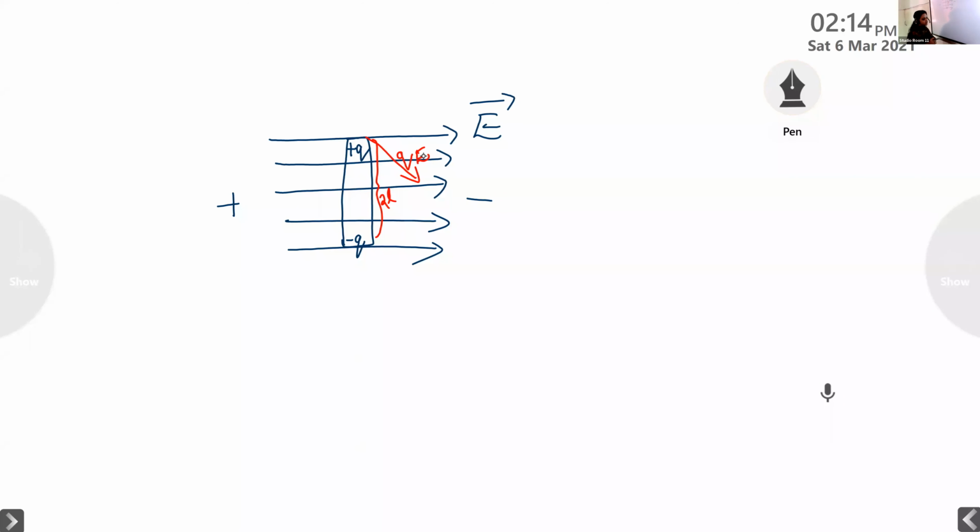Similarly, the negative charge in the dipole, minus Q, experiences a force towards the positive charge. Is it a force of attraction or repulsion? It is a force of attraction because both are of opposite sign. So again, they are attracted to each other, in this direction. So in the case of plus Q, it experiences a force of